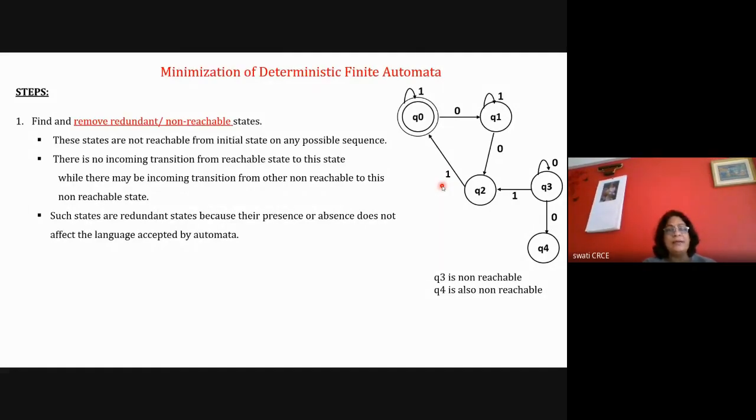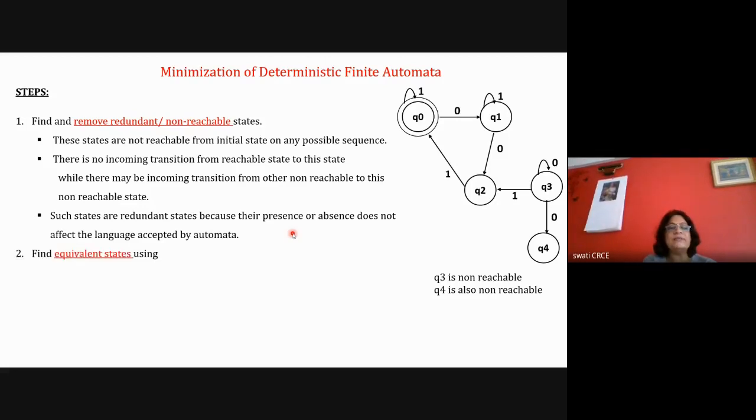Okay, I'll repeat again, DFA is a machine. DFA or NFA is a machine. Its language is regular language and its grammar is regular grammar, which we represent by using regular expression. Okay, so in the next lecture, I'm going to teach you about regular expressions. So the first step is about removal of non-reachable states. So this was very simple.